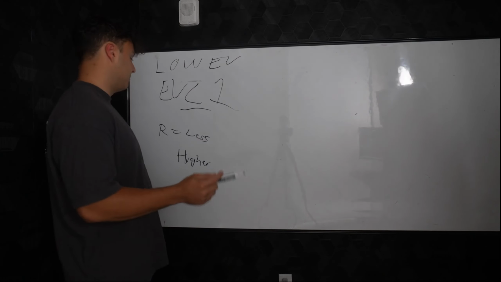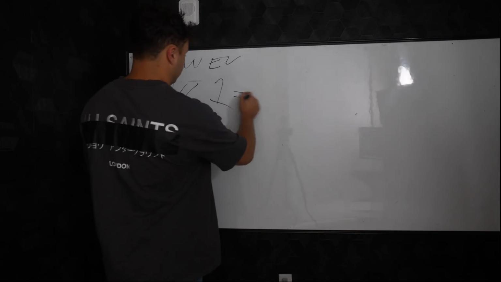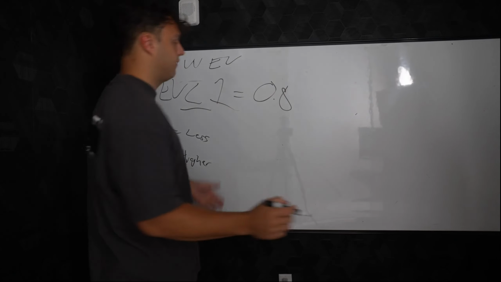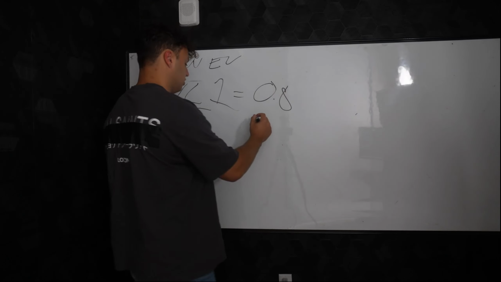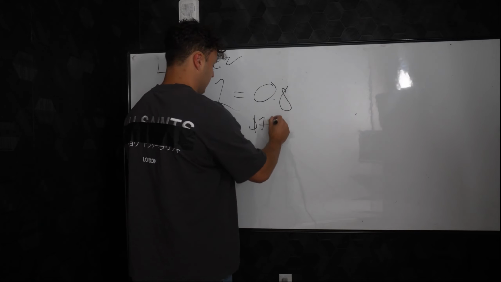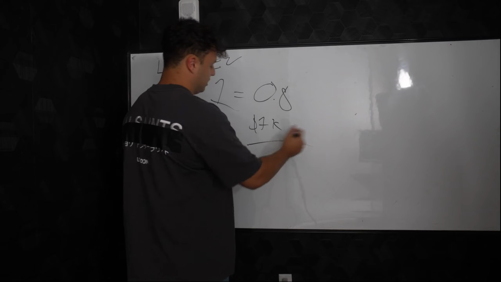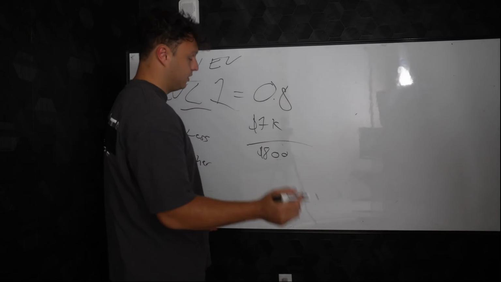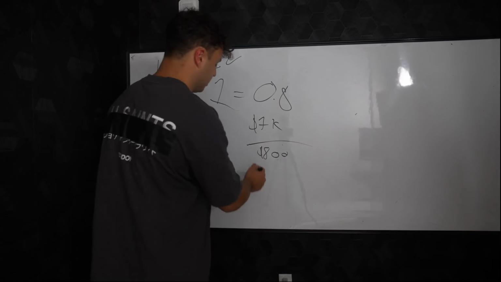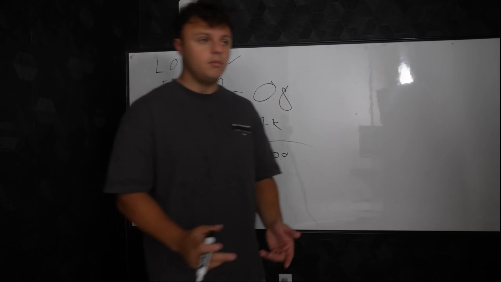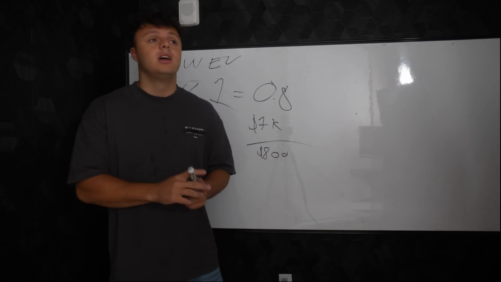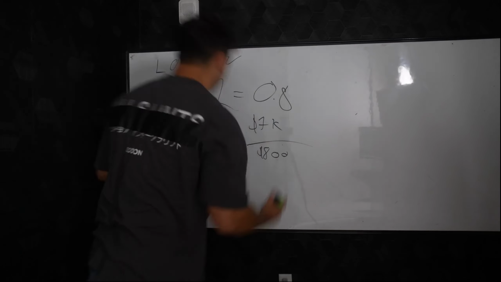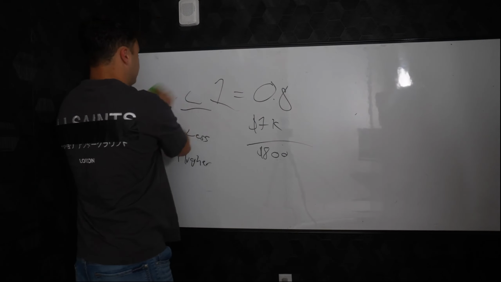But let's say, okay, if my expected value equals 0.8, right? Then what I know I can do is, if I want to go aggressive, I want to risk $1,000 per trade, 1K, and then my average expected value is going to be $100 per trade, right? Let's say that you take 5 trades, you're going to end up making $4,000. Also understand that you're going to lose. So that's why risk management is going to be really important, right? However, if we have a high expected value, then we can start playing.